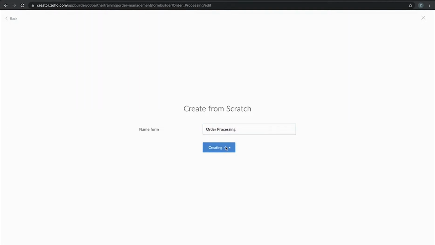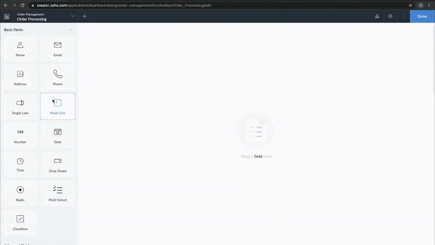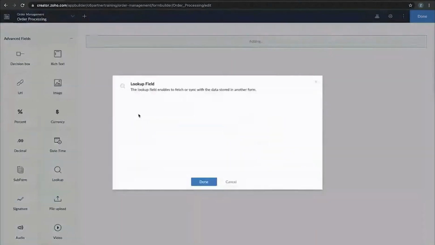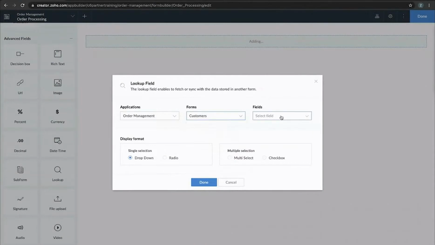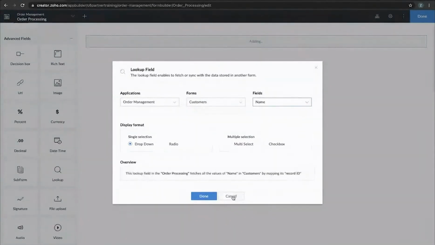Create the form. So what I'm going to do is associate the order with a particular customer. So let me establish a lookup relationship between the customer form and the order processing form, and we'll have a subform saying, okay, these are the items which the customer wants to buy. So let's go ahead and establish a lookup, and I choose from the customers form and I choose the name of the customer,